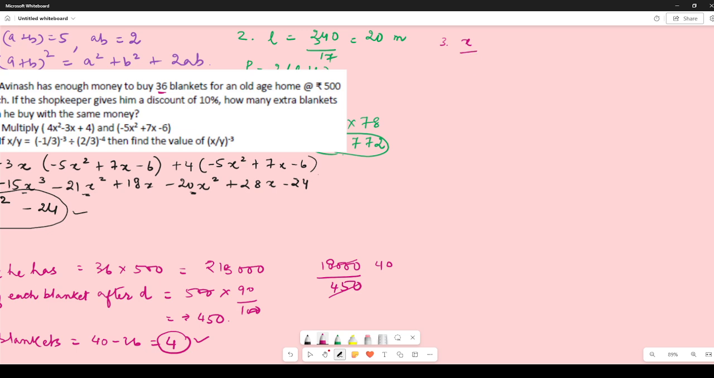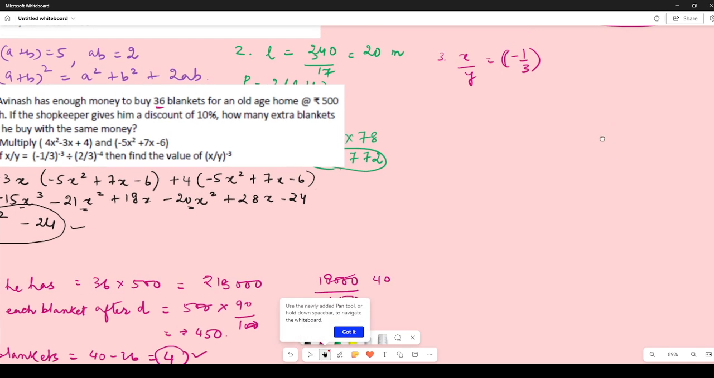x by y is equal to minus 1 by 3 to the power of minus 3 divided by 2 by 3 to the power of minus 4. Find the value of, what is it that we are asked to find? The value of x by y to the power of